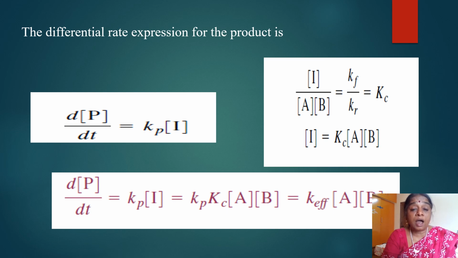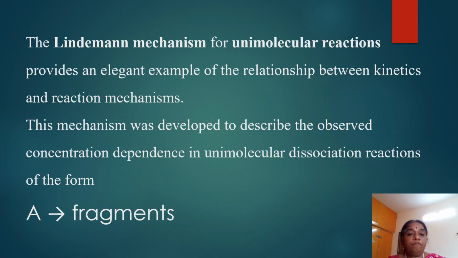When we substitute the I value here, we will arrive at the equation Kp into Kc into concentration of A into concentration of B, which is equal to K effective, the effective rate constant. The two rate constants Kp and Kc are replaced by a new rate constant K effective into concentration of A into concentration of B. With the idea of pre-equilibrium approximation, let us enter into the Lindemann mechanism for unimolecular reactions, which